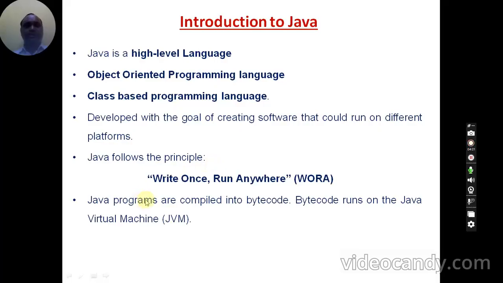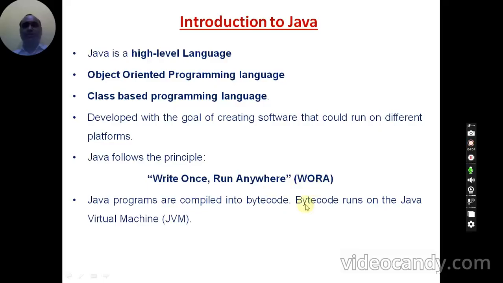When you compile a Java program, it is converted into an intermediate code. The Java compiler generates an intermediate code, which is not machine language code. This code stands between the high level language code, your Java code, and the machine level language code. Therefore it is named intermediate code, and in Java terminology it is called bytecode.